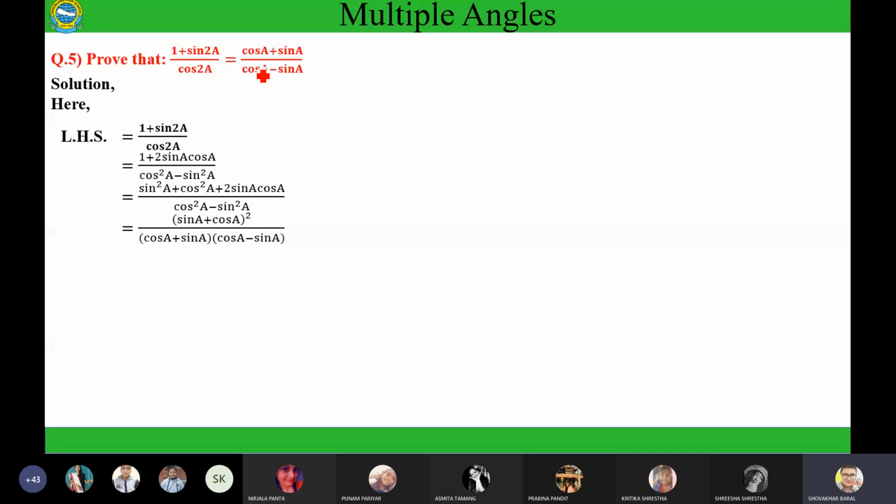We don't have the square here, so we can use the formula for a square minus b square is a plus b, a minus b. So cos square a minus sin square a is equal to cos a plus sin a, bracket cos a minus sin a. See here the terms are rearranged: cos a and sin a are in a different order than given in this step. So let's rearrange the terms. Since 2 plus 3 square is equal to 3 plus 2 square, it is also 5 square. So why not rearrange the terms? Because we need it. If our form needs it, rearrange it. So it will be